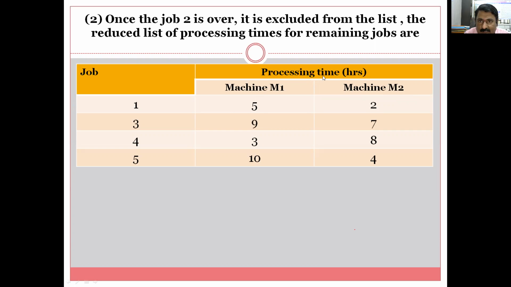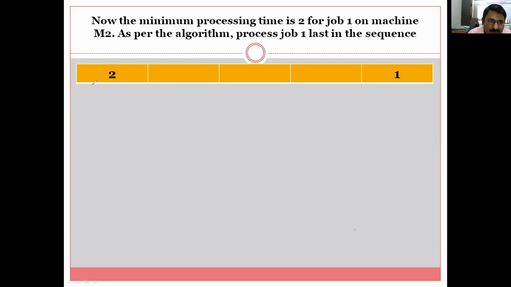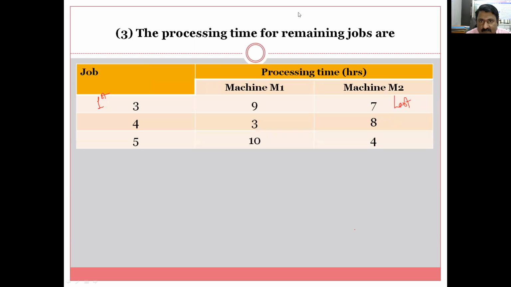Okay, so friends, here you can see 2 I have given as the first number, then 1 I have given as the last number. Now 3 are remaining, so let us proceed further. Now I will go for the same thing again. That way very simple numericals are there. Which machining time is less? 9, 3, 10, 7, 8, 4. So I can say that 3 is less.